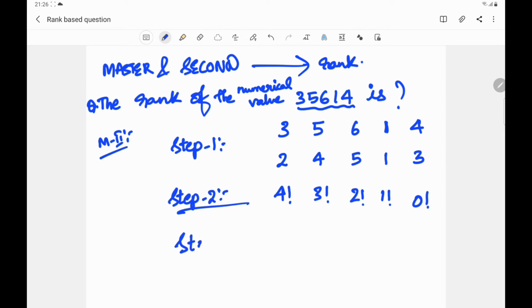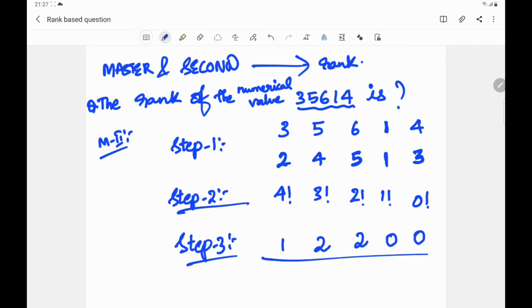Now in step 3, here rank is 2. To the right side of 2, how many ranks are there that are less than 2? There is only 1 rank. And the rank here is 4. To the right side of 4, how many ranks are less than 4? There are 2 ranks. And here the rank is 5. To the right side of 5, how many ranks are less than 5? There are 2 ranks. Here rank is 1. There won't be any rank less than 1 because rank starts from 1 itself. And the last rank is 3. To the right of it there are no other ranks, that's why it is 0.